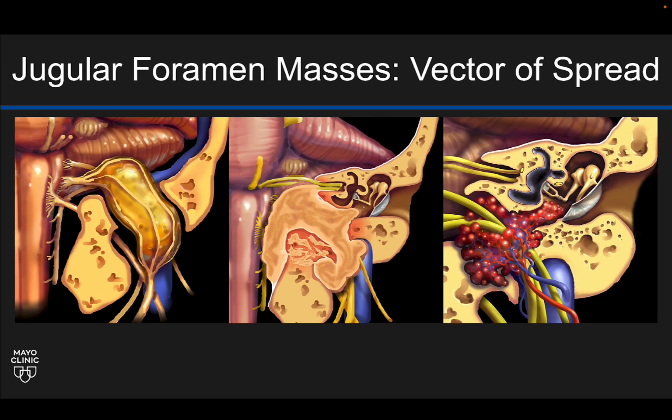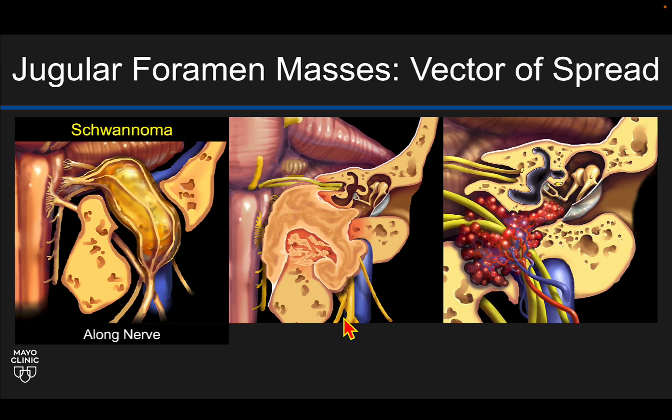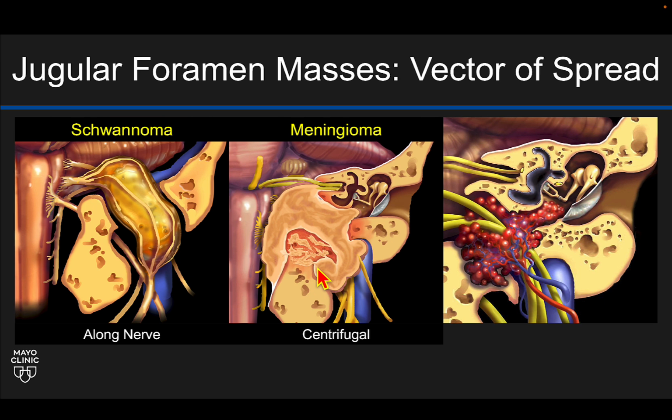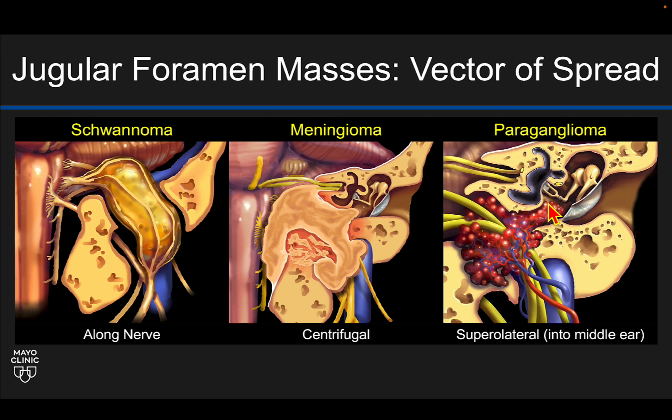And then think about the vector of spread. If the mass is extending along the expected course of the cranial nerves, dropping down through the jugular foramen, that's a really good look for this being a schwannoma. If it has that centrifugal spread pattern in which it's going north and south and east and west and every direction, that's a good look for a meningioma. And if it has that superlateral vector of spread into the middle ear, that's a great look for a jugular